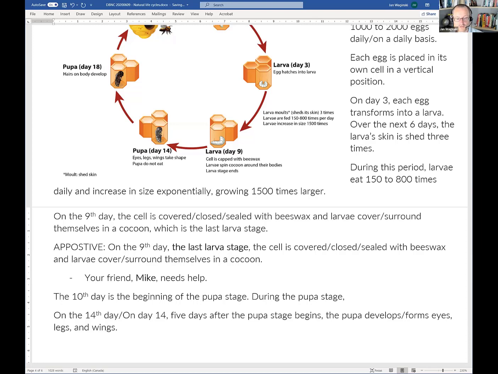Okay, how would we finish this sentence? During the pupa stage, the formation of